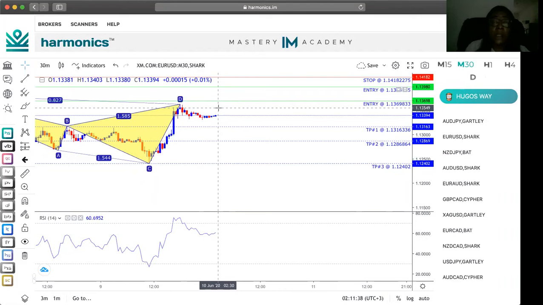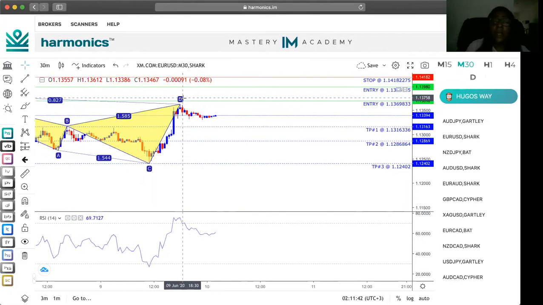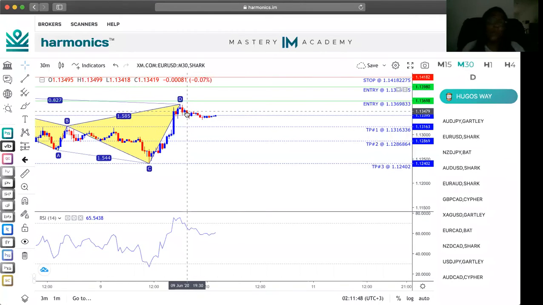into the market. So once it hits this point here, which is D, this will be our entry level. This is probably the first entry level, but we have two, because sometimes the market will try to do a little fake out. So they got two just in case the first entry is not ready, and it goes up to the second one and then starts to drop, but your take profit areas are still the